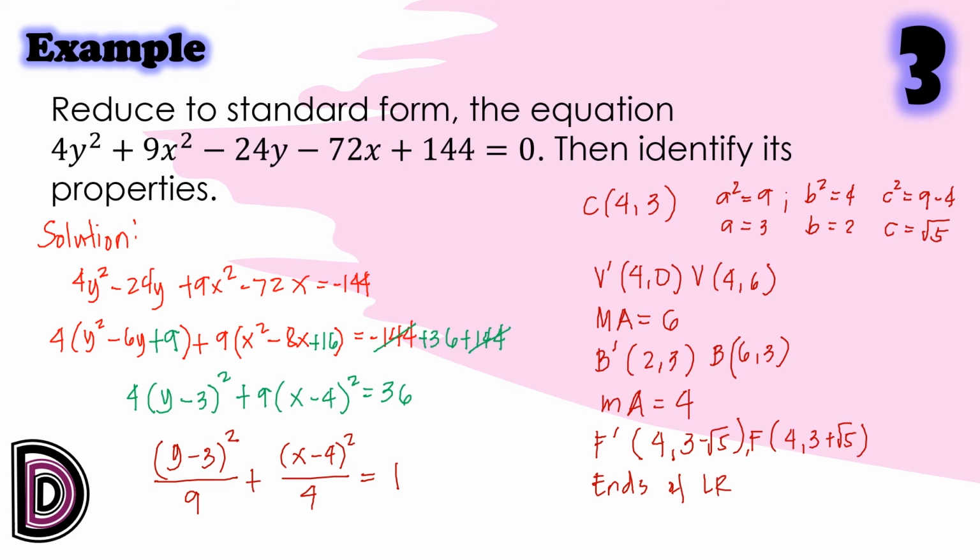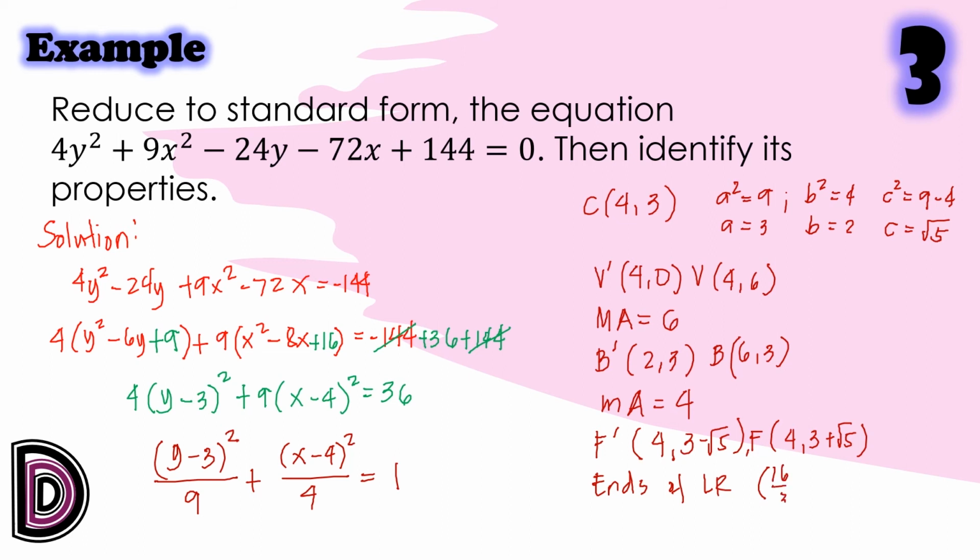We have h plus minus b squared over a, k minus c, and also h plus minus b squared over a, k plus c. Hence, the ends of LR will be at